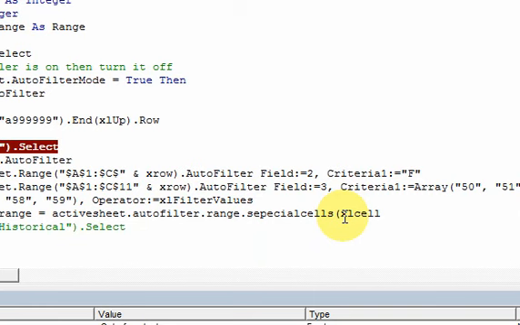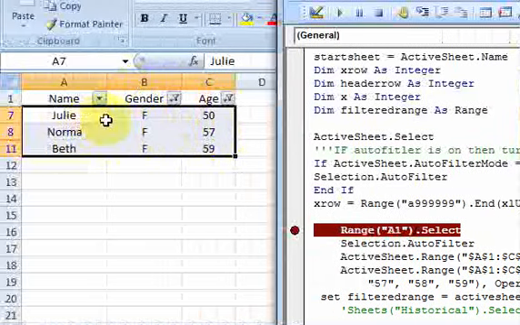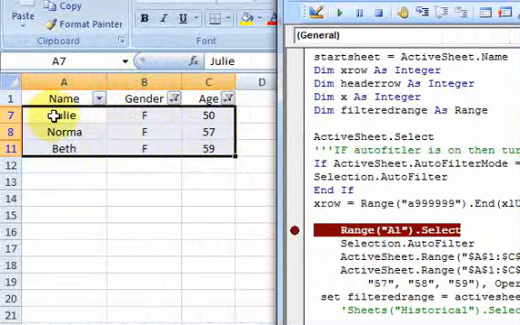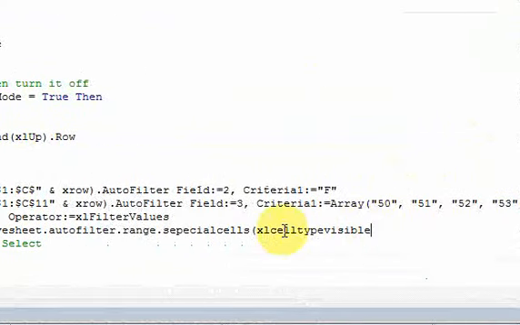There are some other properties, but I'm going to use the one that says cell type visible, because remember, there are some cells here that are hidden, right? And I only want the visible ones. So when I do this special cells, Excel cell type visible,